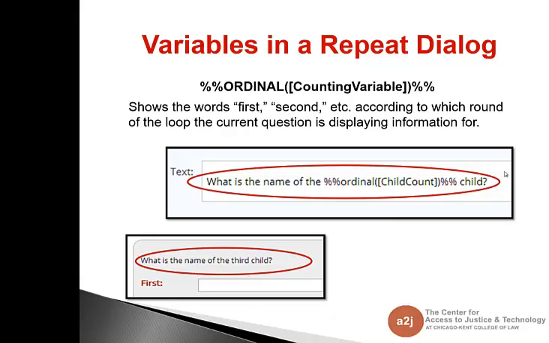If you use this macro, it'll show you the words first, second, 144th, whatever, according to which round of the loop the current question is displaying for. So this is that question, what is the name of the third child? And then they would tell me Joey was the name of the child. Then I would go back to that example I showed you before and then say, what is Joey's date of birth? But this just lets me use the ordinal to help remind the end user again, which child are they